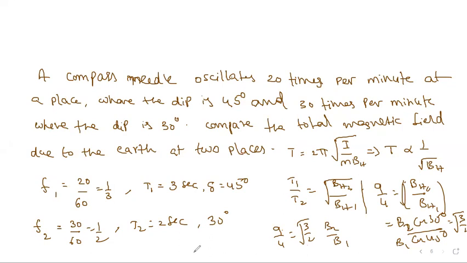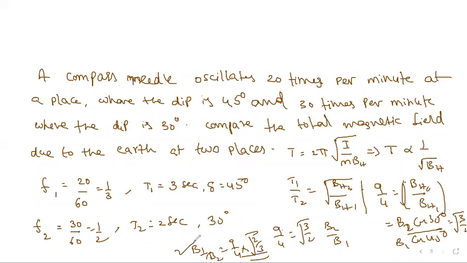Okay, B1 by B2, in that sense, you will get the answer: B1 by B2 equal to 9 by 4 into root over 2 by 2. This is the answer. Further also can calculate that, but you can leave it like that also. Now the answer is 9 by 4 into root over 2 by 2. That is the ratio of B1 and B2.